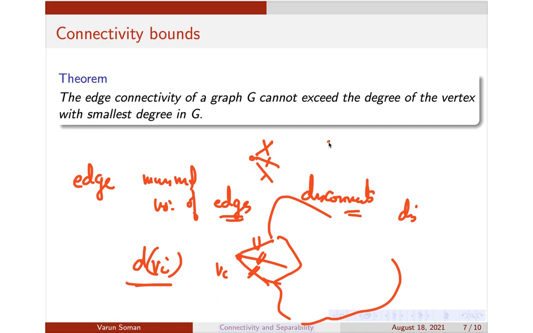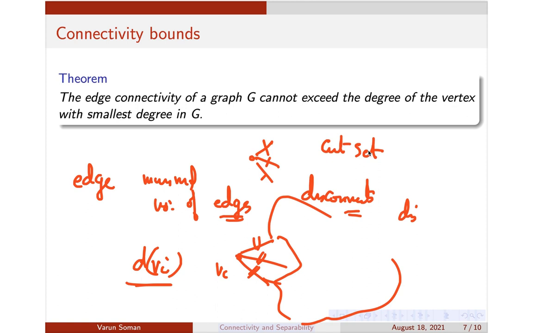So it's basically a cut set only, because if I just delete those edges, it will become disconnected. But there can be cut sets which contain fewer edges than this cut set. Okay, so basically this is the cut set first of all. And what is edge connectivity? Edge connectivity is the number of edges in a minimal cut set.